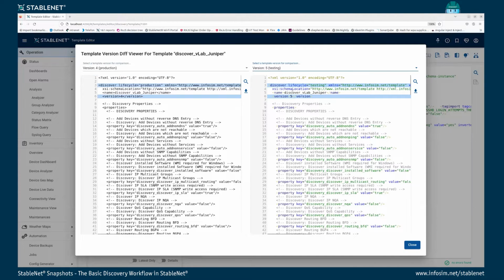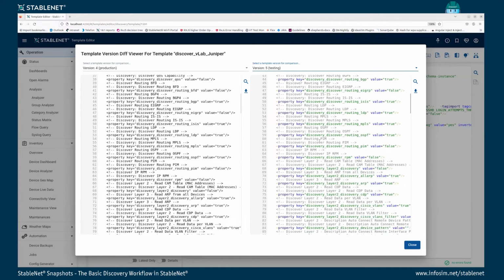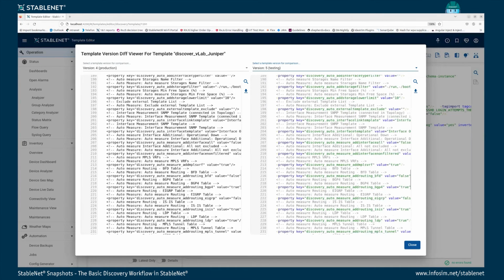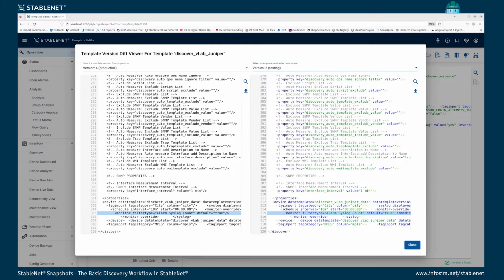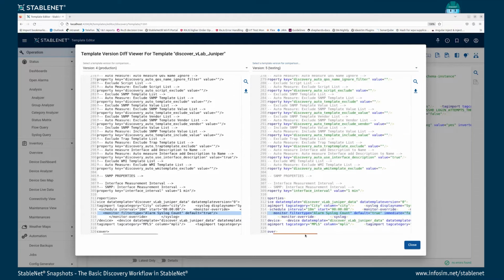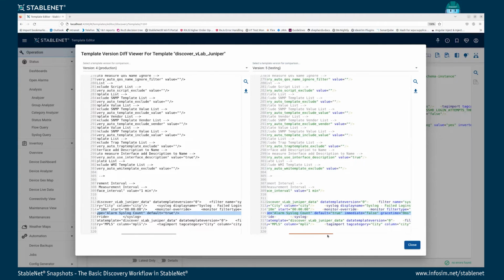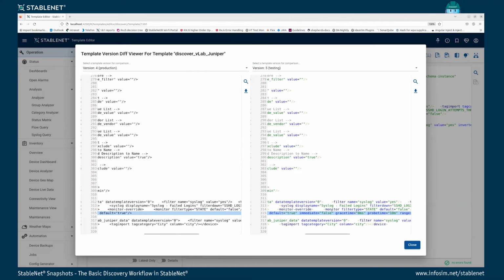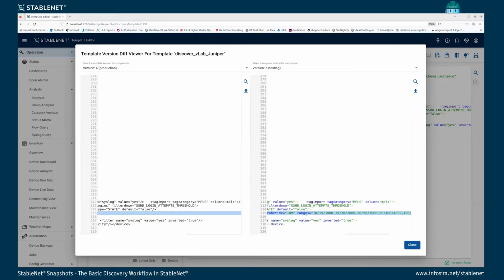and then we see the diff here. Of course, the life cycle has been changed, the version has been changed, and most of the things are the same. Here at the bottom, we have some more changes, what has been added here. So we see the grace time and probe time has been added, and also some ranges have been added for